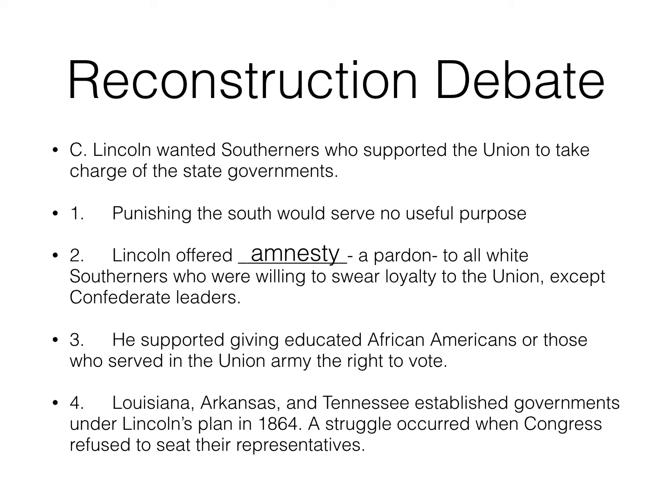But by 1864, Louisiana, Arkansas, Tennessee, they were already under control of the Union Army. They were occupied by the Union Army because remember these are quote unquote Western states, and Ulysses S. Grant had done such a good job with the western part of the campaign that those three states were under Union occupation, and so they did follow Lincoln's plan. They basically were trying to get back into the Union before the war was over.